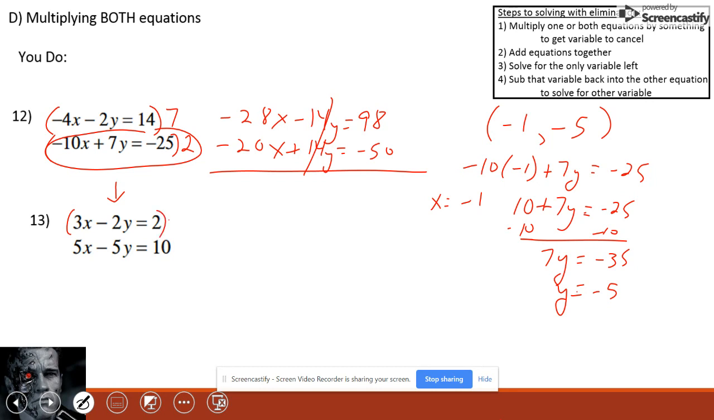I need to multiply this one by 5, then I multiply this one by negative 2, so that I get a positive 10. And I'm just carefully multiplying: 15x minus 10y equals 10. And negative 10